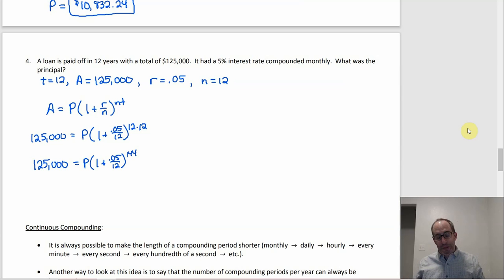You would divide both sides by 1 plus 0.05 over 12 raised to the 144th. And what you would get is that P is 125,000 over 1 plus 0.05 over 12 to the 144th. And what that ends up being is